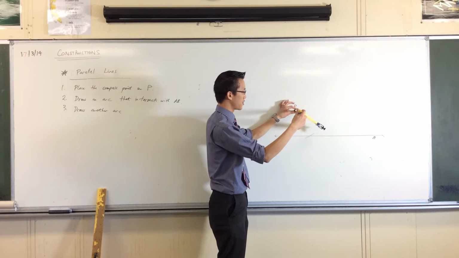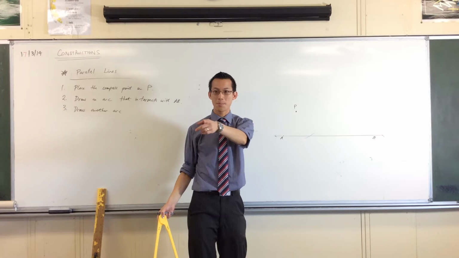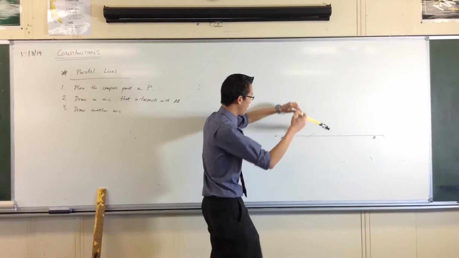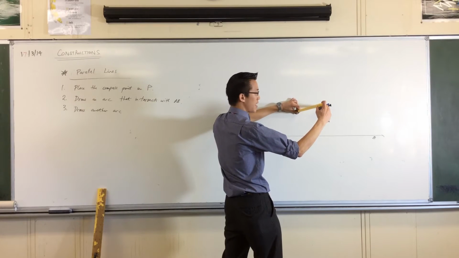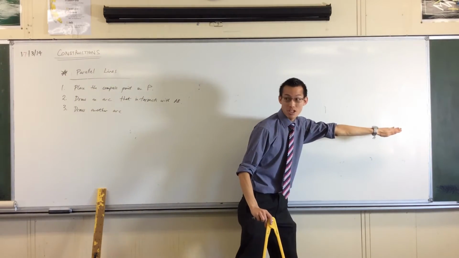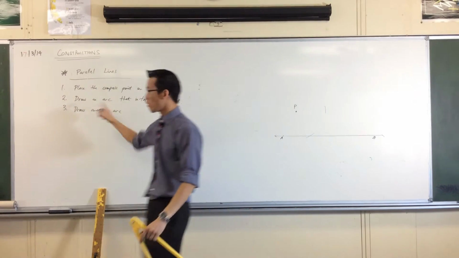But I haven't finished. I've drawn this one arc, but I need to draw another one. Where do I draw it? Where you think your other line will end up. So that's exactly right. Let me repeat that again because Noah said exactly right. You draw another arc, and I'm going to draw it up here, right? Because if AB is like this, I'm expecting my new line to sort of go like this. So it should hit through there, okay? So draw another arc